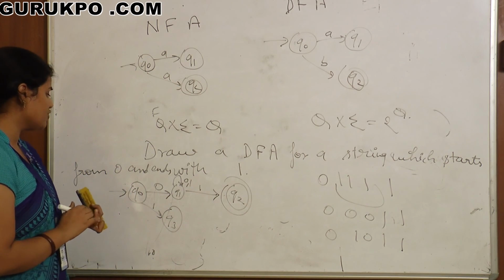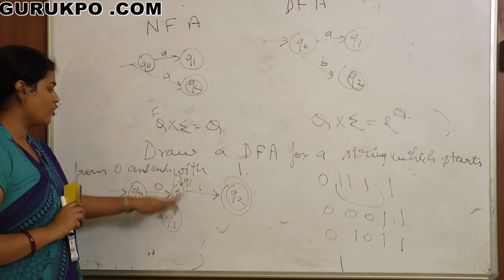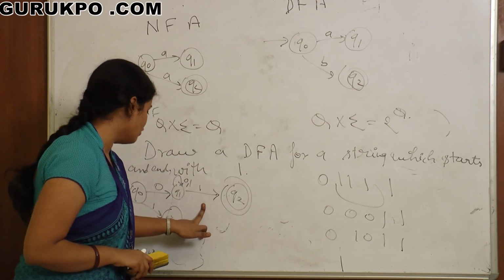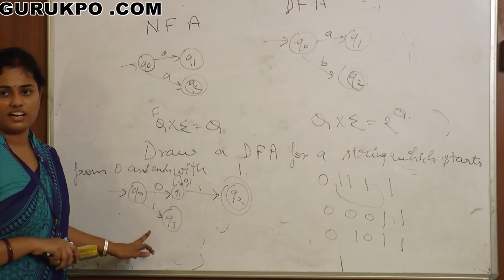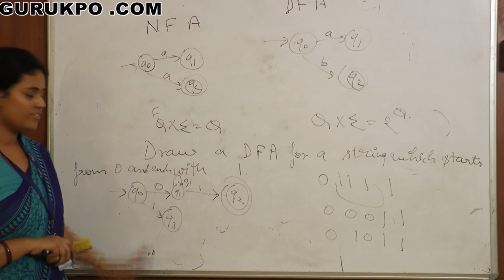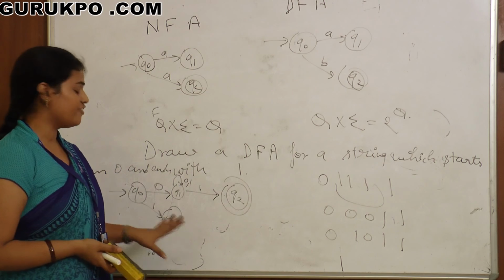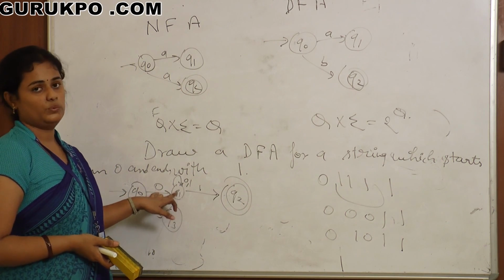In this case, what will you do? First of all, our machine will read 0, then all the strings in between will be read at the same state, then at the final state it will read 1, that is Q2. If it reads 1 at the start, then it will reach a garbage state, and if in between it reads 0 as the last digit, then it will hang at this state.